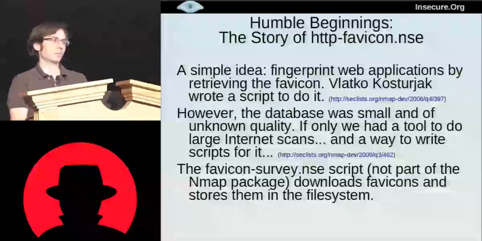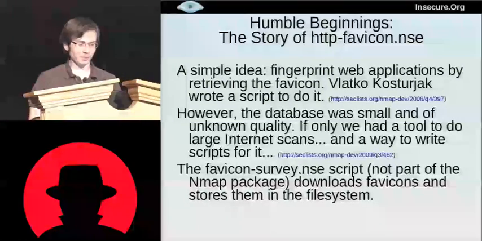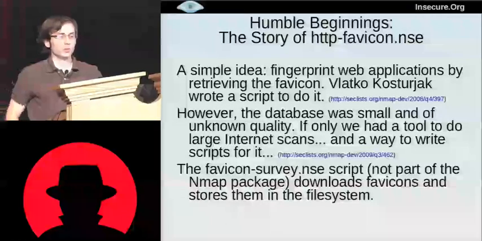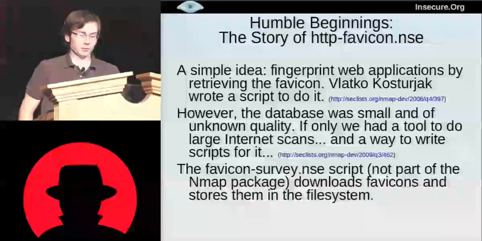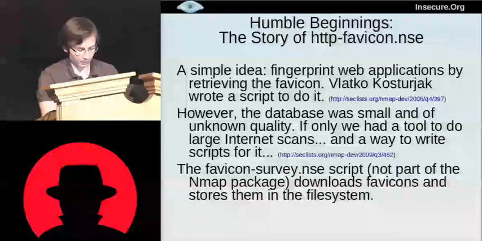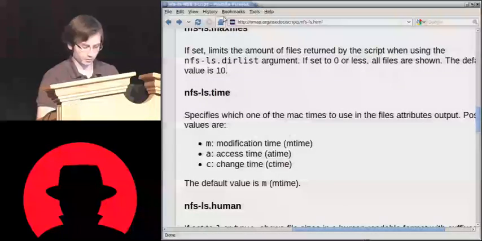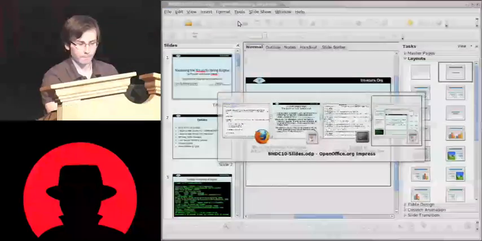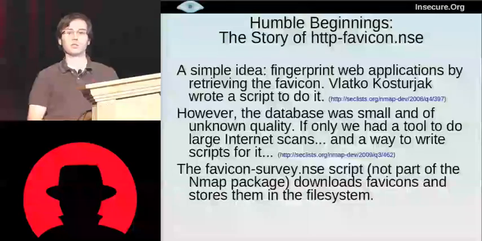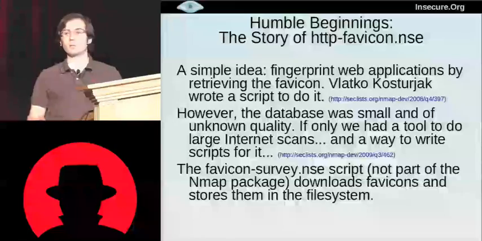So have you ever had sort of a simple idea that just started growing and growing and growing and grew into something, in this case, kind of great? That's what happened to us with one of our NSE scripts. We have a script called HTTP favicon. It's a pretty simple idea. You guys know what a favicon is. We open up the web browser here. It's this little icon that appears next to the address in your browser. You can download that and hash it and collect a bunch of these hashes and build a database. And then later on, you can look things up in the database and try and match patterns with the icons. The idea